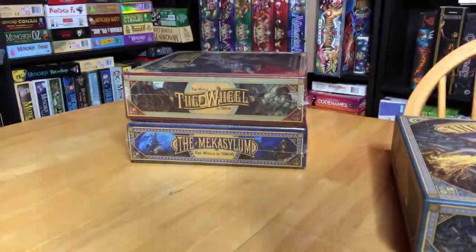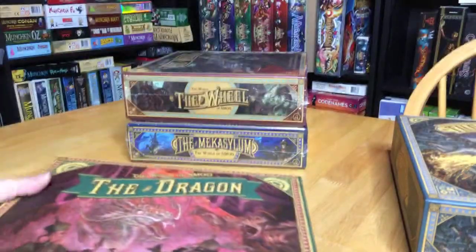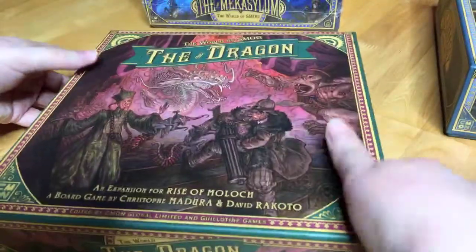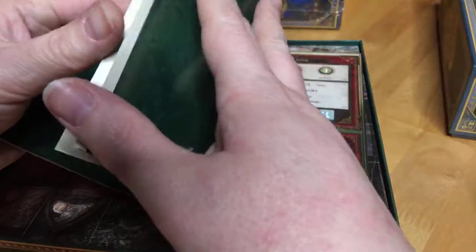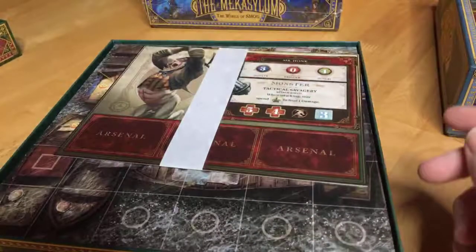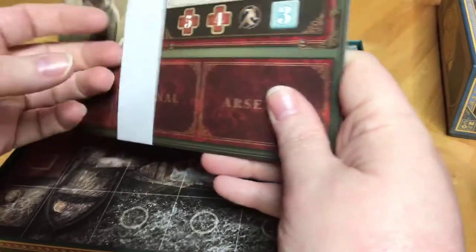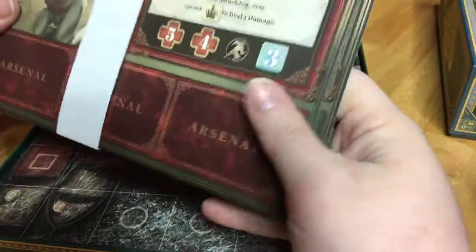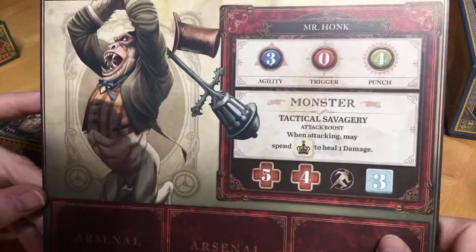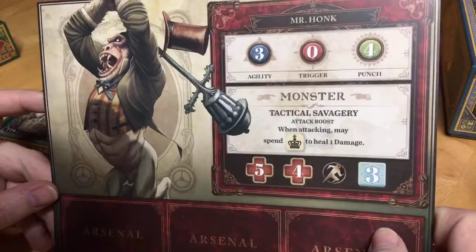So we've got 2 new heroes in this as well. Let's angle the camera again. So, inside the box, we've got the campaign book, which has 3 chapters. And we have the dashboards, Mr. Honk, and it doesn't want to come off. There we go. So we've got Mr. Honk,